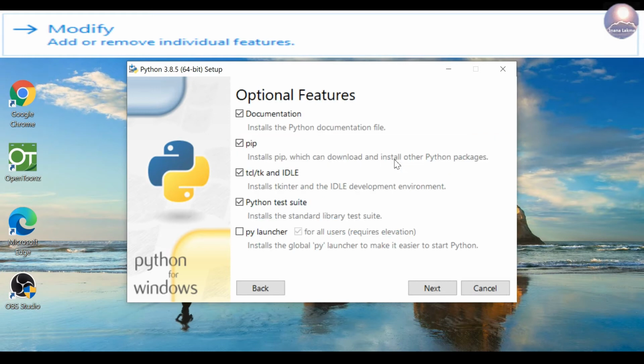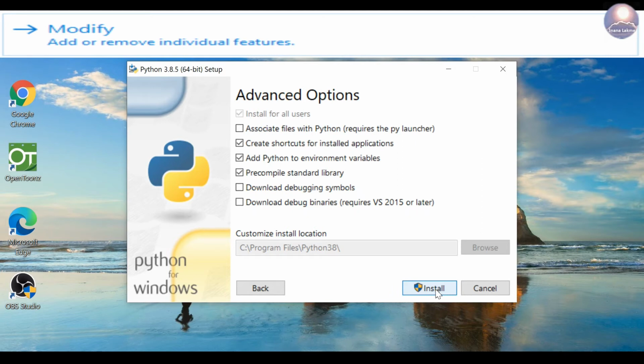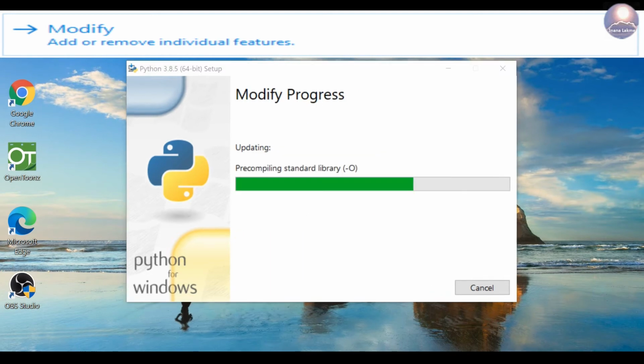The user can select or unselect the checkboxes in the Optional Features window and in the Advanced Options window, depending on their requirement, which features they want to modify and update the installation. Some options cannot be changed in this mode, for example the installation directory. To modify these, you will need to remove and then reinstall Python completely.